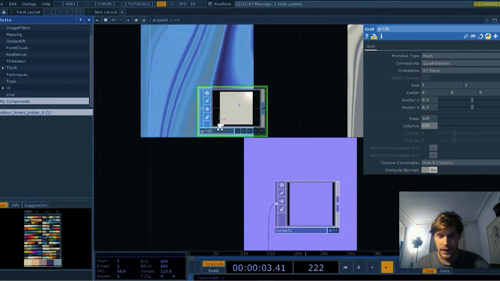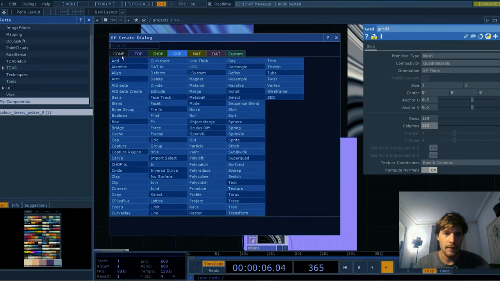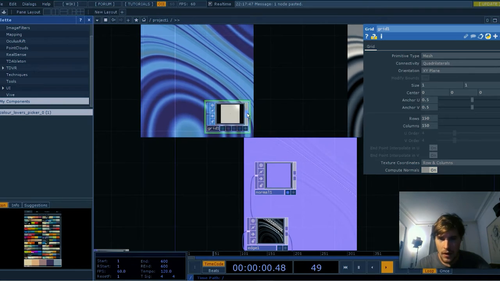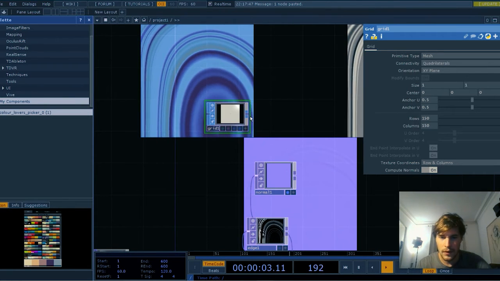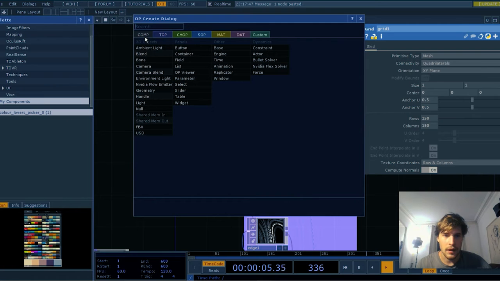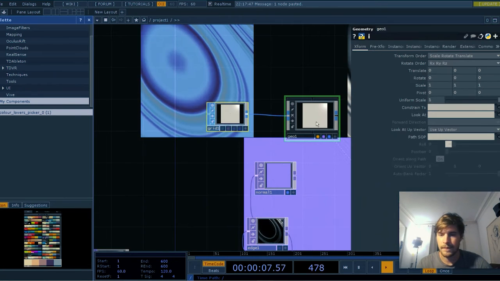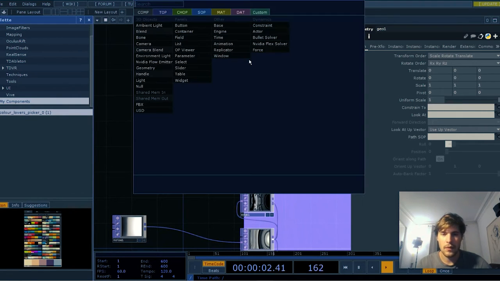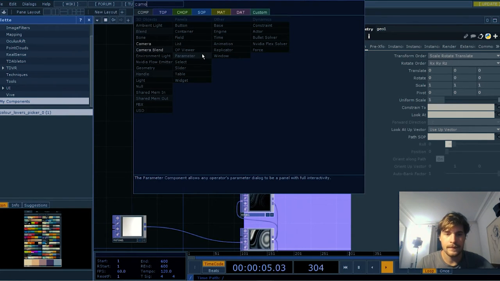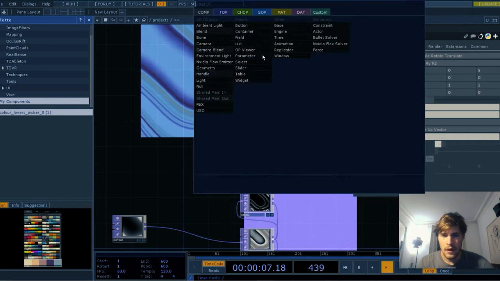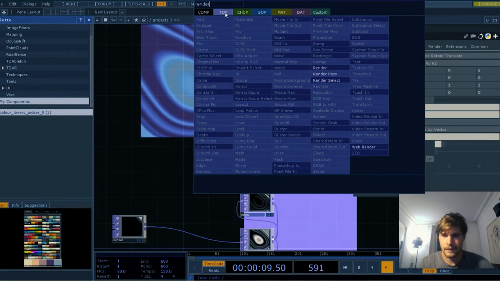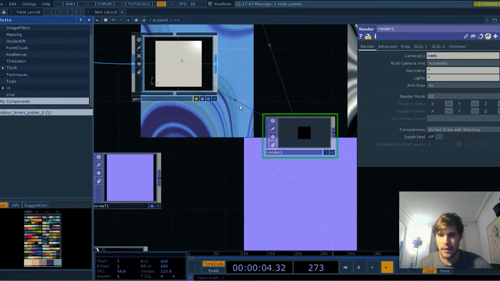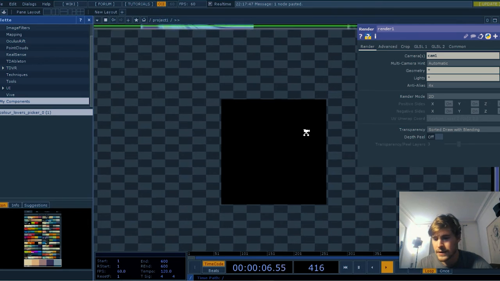We want to give it a lot of resolution, at least for now, and we will attach a geometry node to it. So we right click in this output node, and we look for a component called geometry, and now it'll be connected. Once we do this, what we are going to do is add a camera, a render,